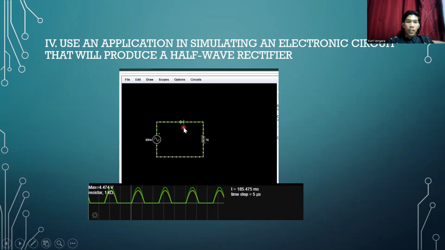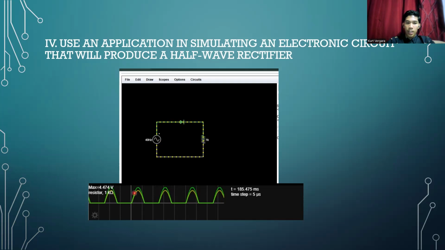The diode allows current in one direction only. So if it's forward bias, the current will pass through the diode. That's why this is our output signal.